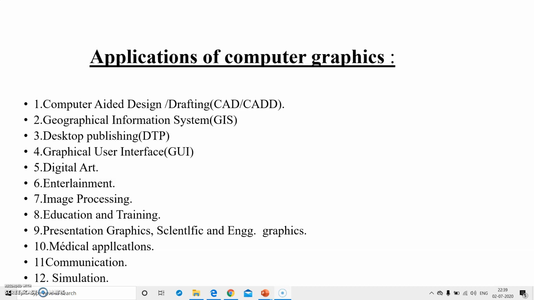Next application is in education and training. Computer graphics can make us understand the functioning of a system in a better way. In physical systems, biological systems, population trends, etc., models make it easier to understand. In some training systems, graphical models with simulations help a trainee to train in a virtual reality environment.